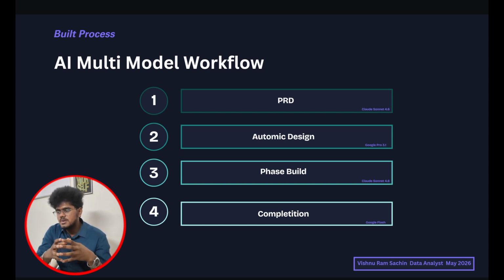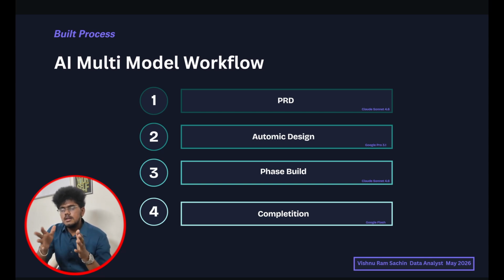And third is the phase build. So I implemented phase 1, and I will check that phase 1 is working fine, and I will do the phase 2 work. I will tell AI to do the phase 3 work, and I will check the result. So I'll tell it to implement based on single phases, and overall the project will be completed. And the last is completion. The completion means that